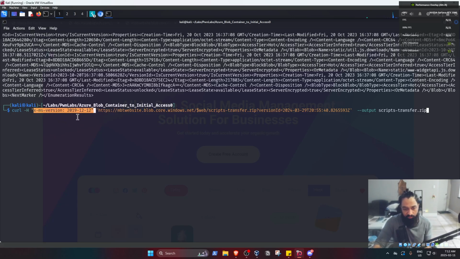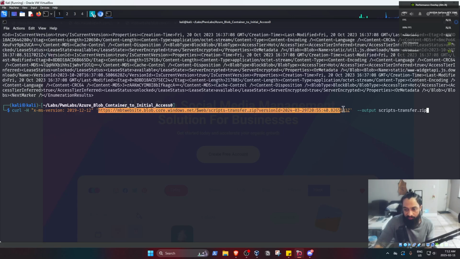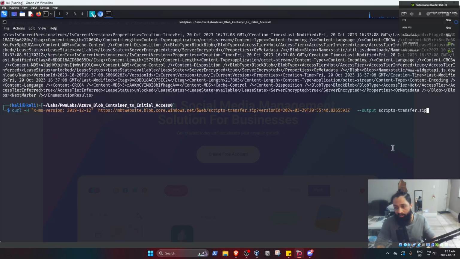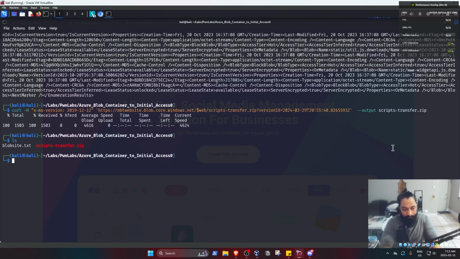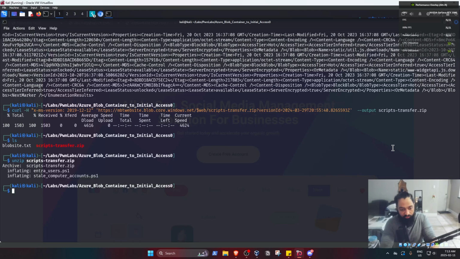Again, we have to include the x-ms version for it to work, and the URL of getting this version of the file is the container, the directory, and then the file, the blob, and then as a parameter version ID, with the value of that parameter being the version ID that I showed you. And then you just output that into the same name in order to stay consistent. So we take that, now we have it here, and let's unzip it, and we got intrausers.ps1